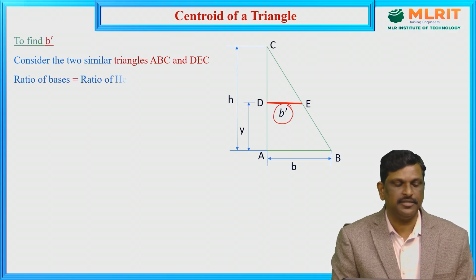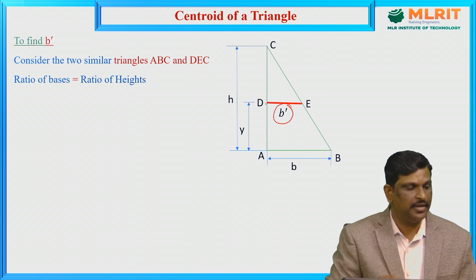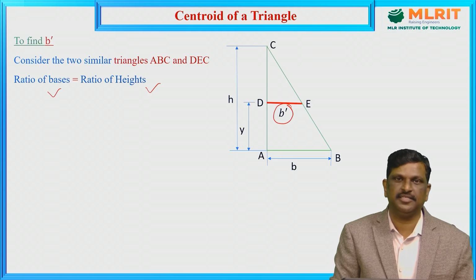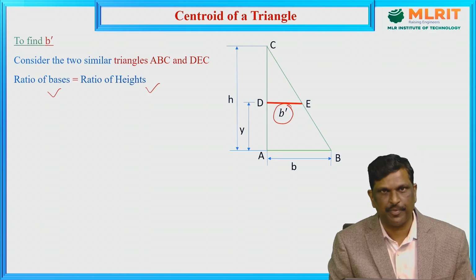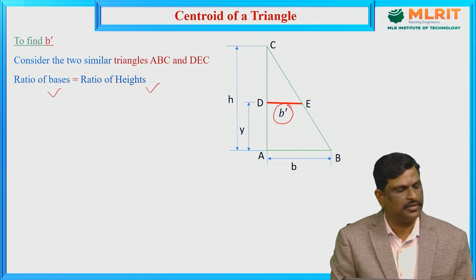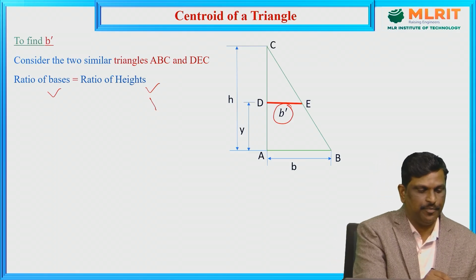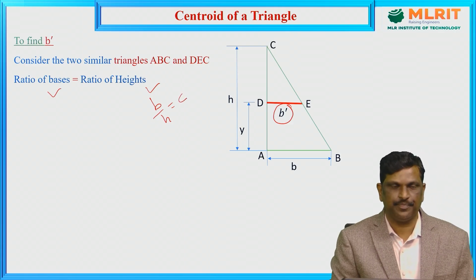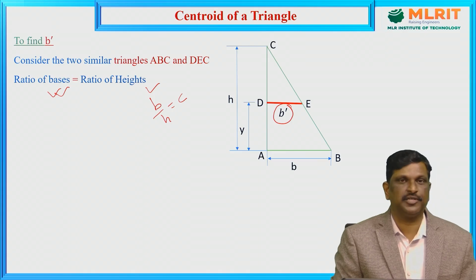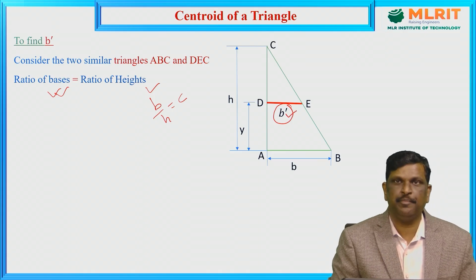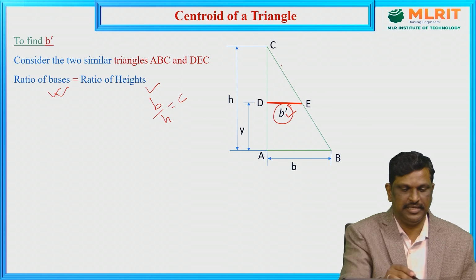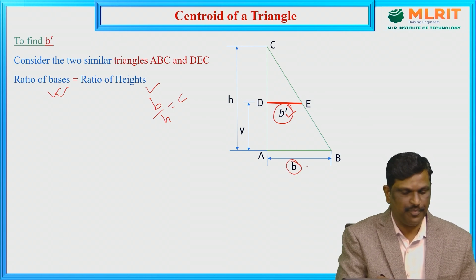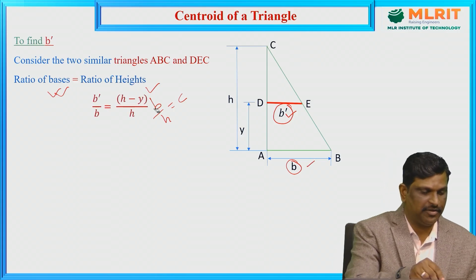So, from the similar triangles ABC and DEC, the property of similar triangles is that the ratio of bases is equal to the ratio of heights. Or otherwise, we can say base by height is a constant for similar triangles. So, let us take the ratio of bases. B dash is the base of small triangle DEC and B is the base of big triangle ABC. Now, the ratio of bases, B dash by B, is equal to